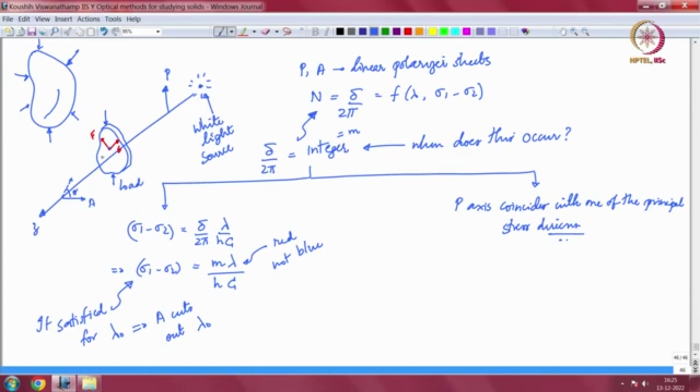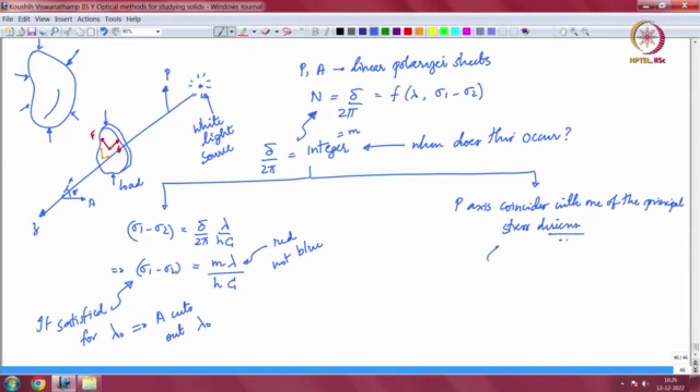So, let us say at some point here, and let me use a orange, some point here the principal stresses are like this, right, along the x and y direction. Now, what happens is that the incoming light has only a polarization component along this y direction, right. So, there is no polarization along the other x direction or the other principal direction. So, the only component that is there is just going at one speed, and the other speed is not really coming into the picture because the other component is not there, okay. So, whatever is coming in is going through unaltered literally, and the analyzer being perpendicular to the polarizer will cut it out,